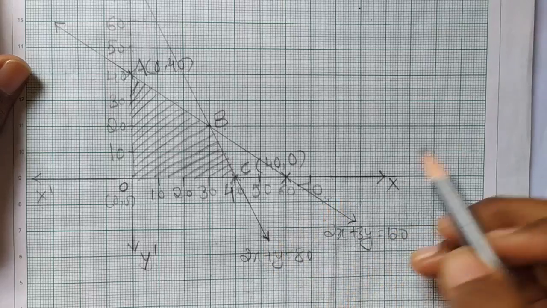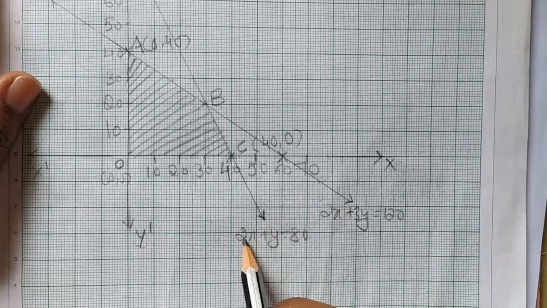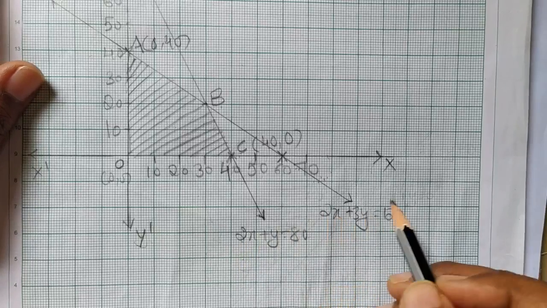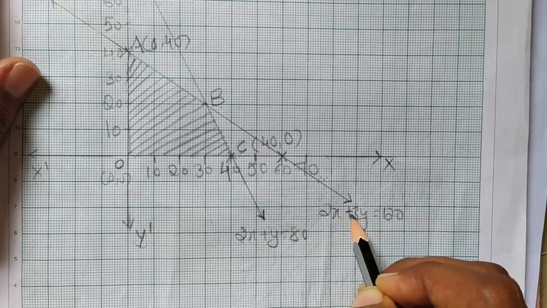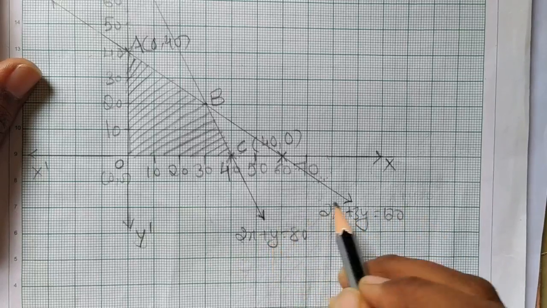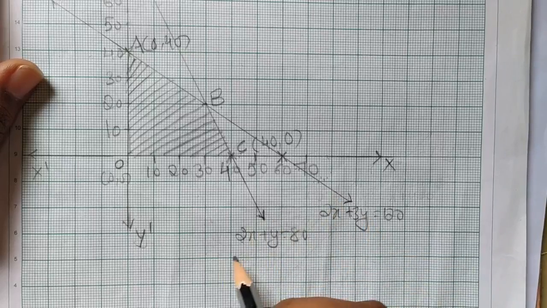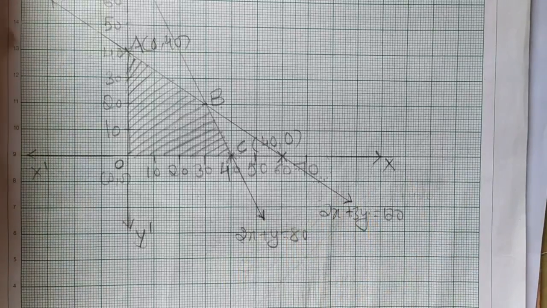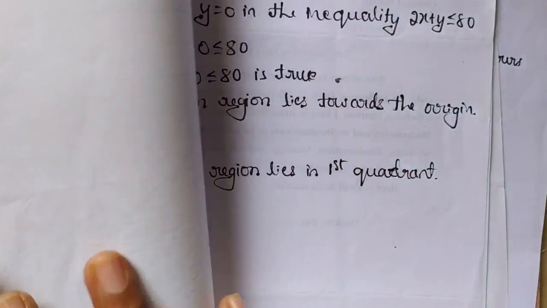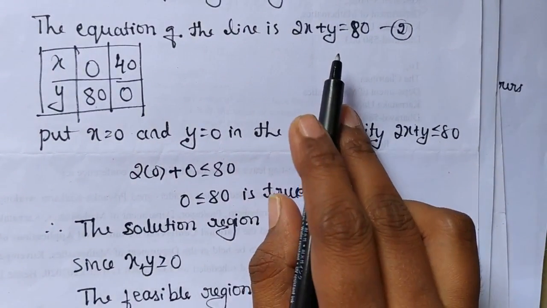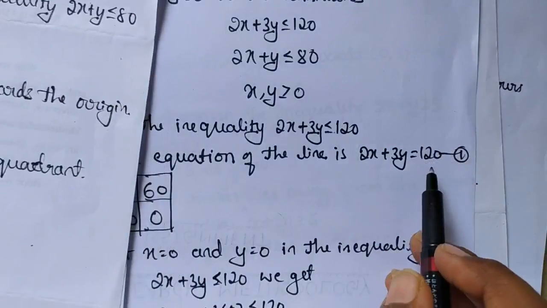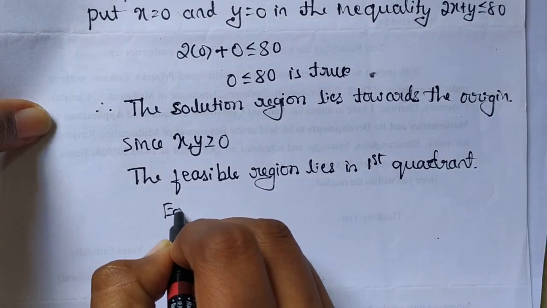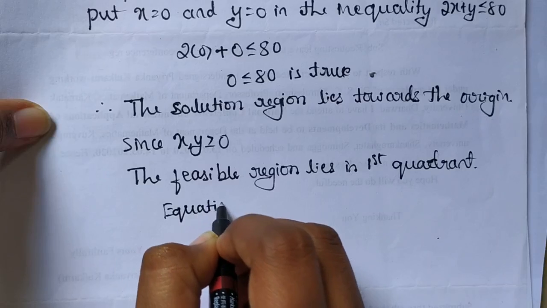I will solve these two equations. Observe here, the coefficient of x are equal in both of these. So, I will directly subtract equation 1 from equation 2 or equation 2 from equation 1 so that we can cancel x and we get the value of y. I will subtract equation 2 from equation 1. Equation 2 is here and equation 1 is here. I will write equation 1